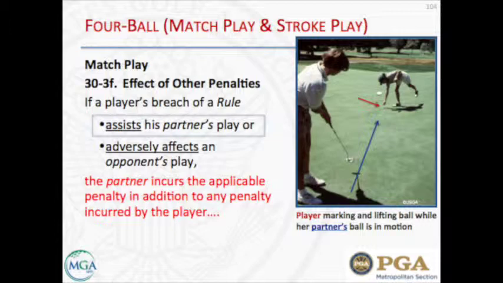Now, for those of you that work in four-ball play, this is a really important thing to know. The rule that I just talked about says might assist, 16(1)B. This rule, how it applies